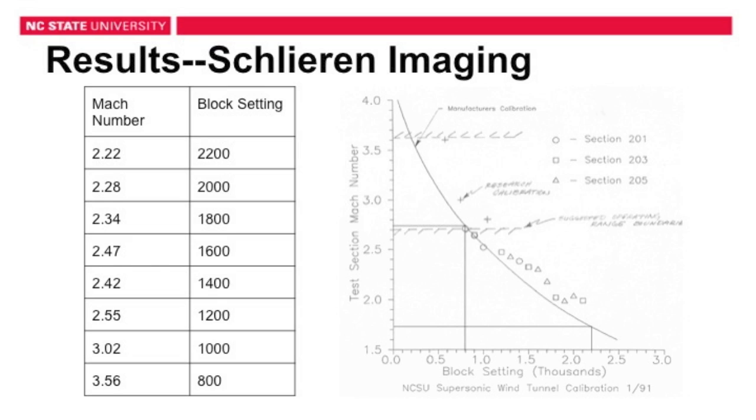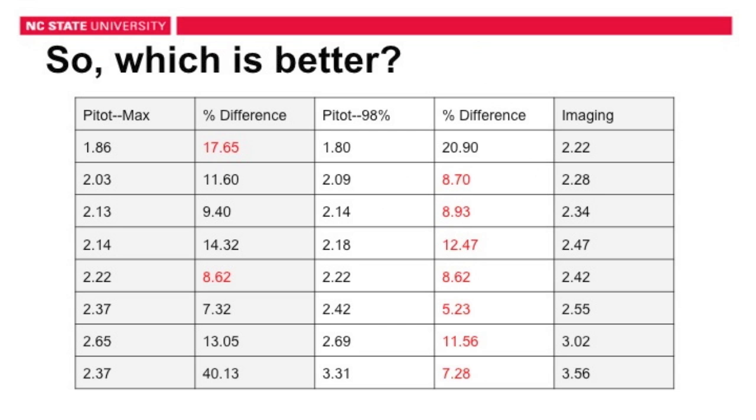However, despite the differences in Mach numbers themselves, both the plots from Lab 1 exhibit the same curve as the original data, showing that the lab was successful. So, which form of analysis is better for the pitot data? To answer this question, it was assumed that the results of the imaging are the most accurate, since taking a picture of the shock wave is inherently more accurate than measuring data with pressure ports that may need to be calibrated themselves. Therefore, the analysis whose Mach numbers are the closest to the ones from the imaging is the more